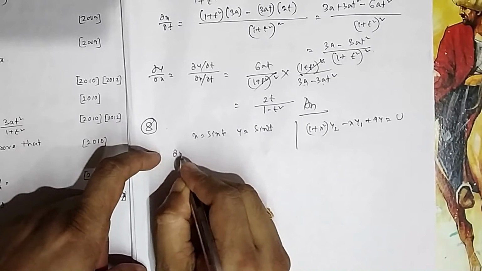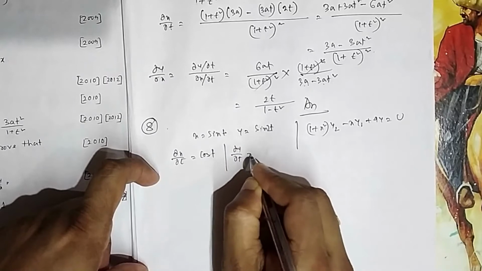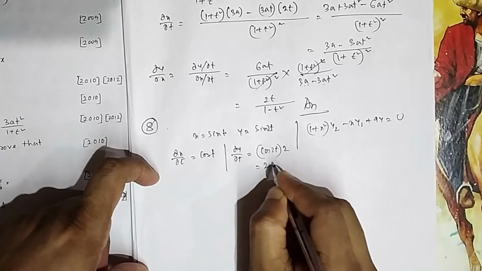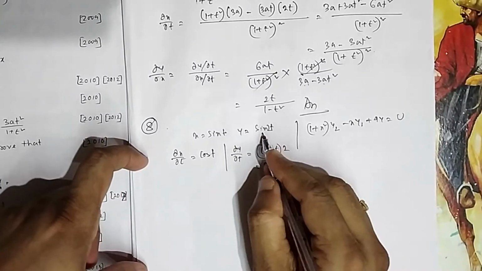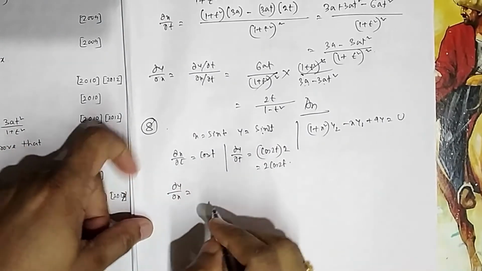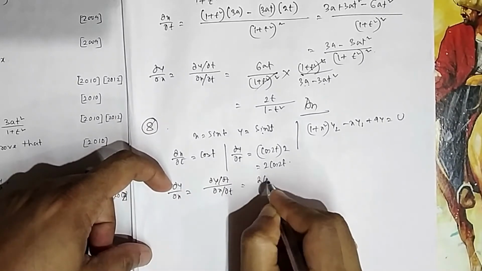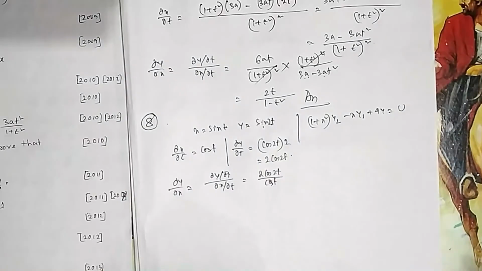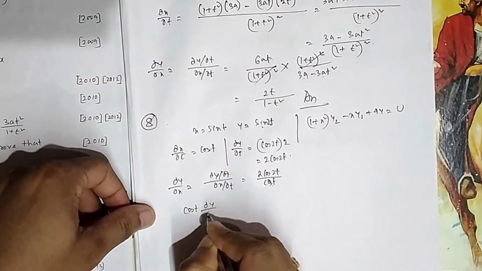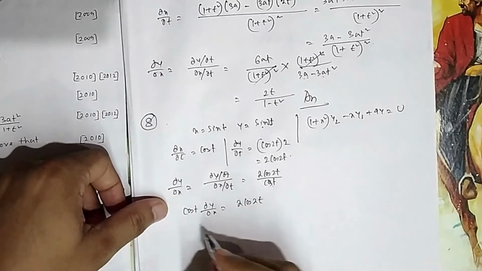So first I have to do dx/dt, so that is the derivative of sin t, which is cos t, and then dy/dt, the derivative of sin 2t will be cos 2t, and then the differentiation of 2t is 2, so 2 cos 2t. Chain rule, first the outer, then you do the differentiation of 2t. So what is your dy/dx? My dy/dx will be dy/dt divided by dx/dt, 2 cos 2t divided by cos t. Again, before going to differentiation, you have seen 1 minus x² is there, so I will bring cos t to that side. Why will I bring cos t to that side? I will try to bring these things there, 1 minus x². How? What is cos t?